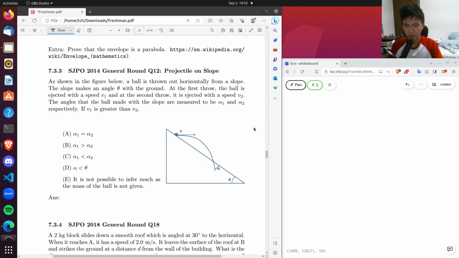Hi everyone. So now we have a question where we have a projectile that is thrown out purely horizontally on a slope, and when it hits the slope again, it makes an angle alpha with the slope, and we're interested in asking how, if I vary this initial horizontal velocity, it affects the angle